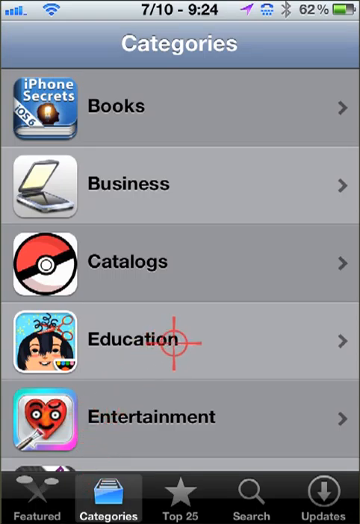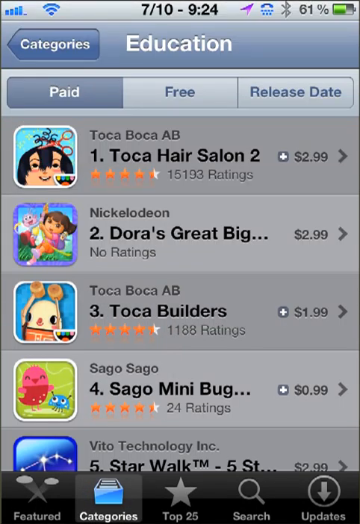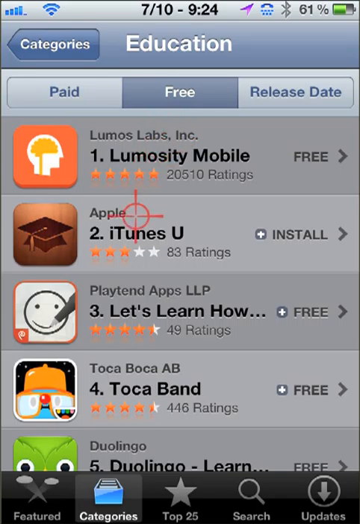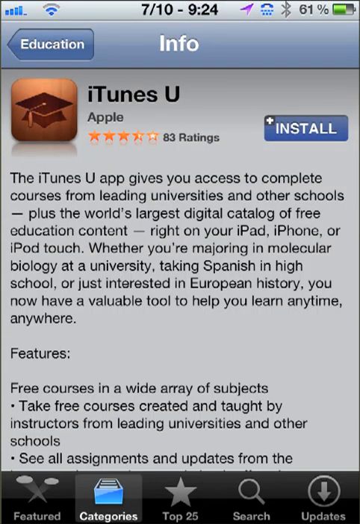If you click on education, you get a bunch of kids stuff that's paid applications. If you click on free, you'll be able to find the iTunes U app pretty quickly. So all you have to do is click on the app, and a page like this will display. All you've got to do is click install,